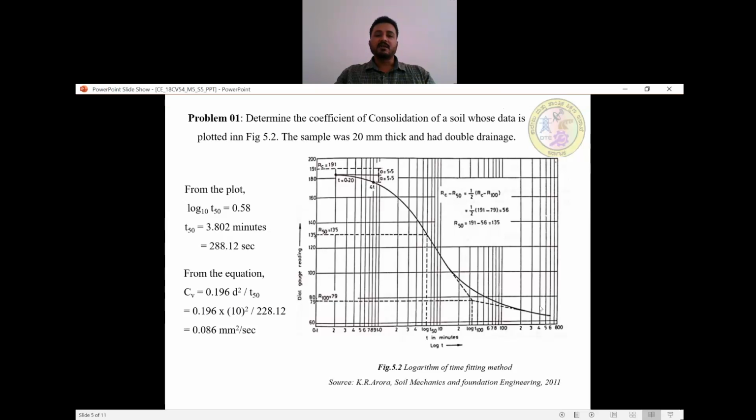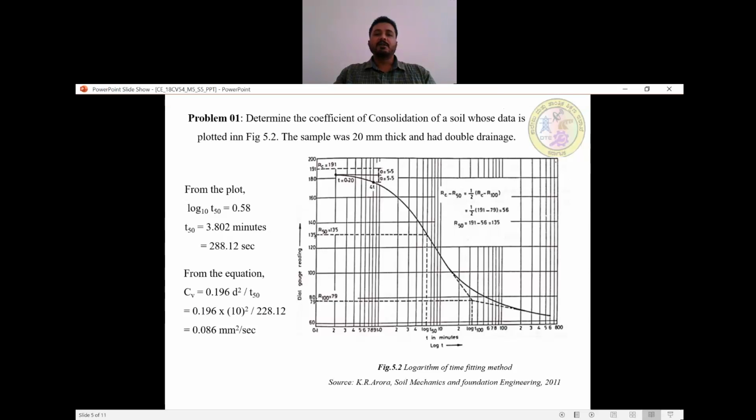So after this, we need to find out the corrected zero reading RC. That can be obtained by taking 2 points corresponding to time t1 and say time t2, where t2 is equal to 4 times t1, so that we can locate these points, say B and C. So this makes an intercept A is equal to 5.5.